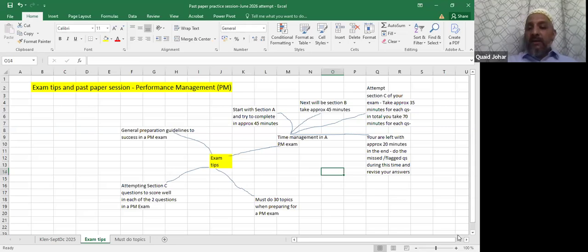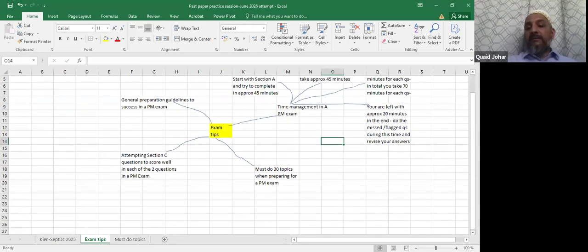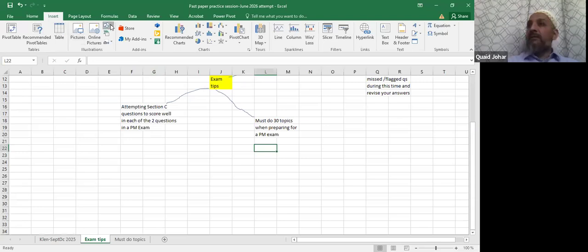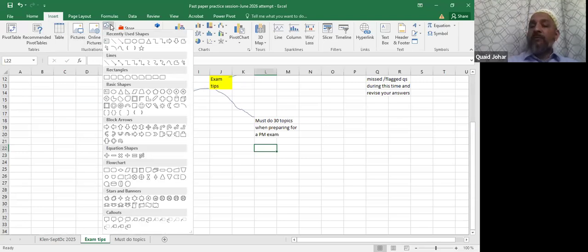Now, the must do 30 topics. The must do 30 topics, which topics you must do when preparing for a PM exam. Let me mention 30 topics first. Do these topics properly, inshallah you'll be able to get through the exam, right? But you need to get grip over these 30 topics, right? I'll be mentioning these 30 topics, but let me first